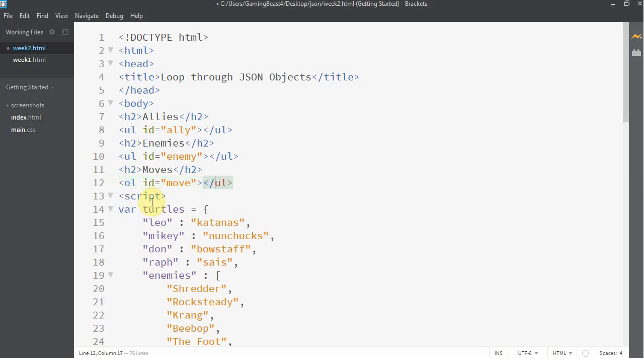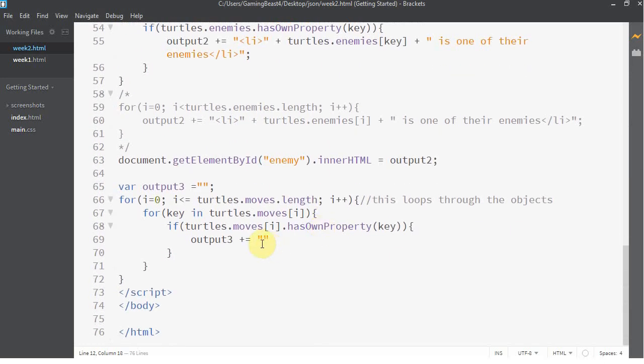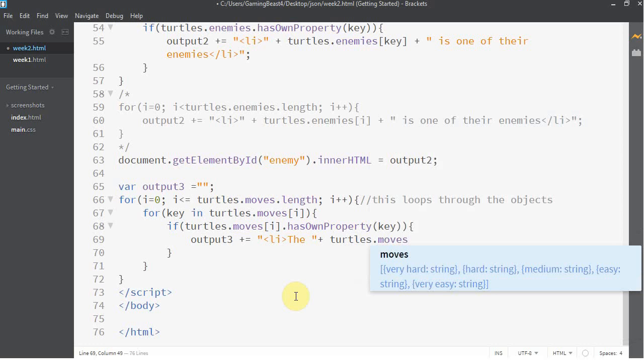I get nuts sometimes. So I'm going to do an ordered list. Okay, so we'll come down here. So these are still list items. Okay, we'll say turtles.moves